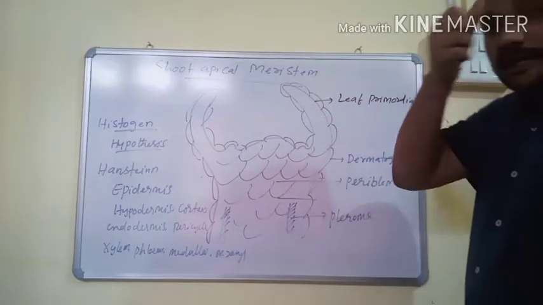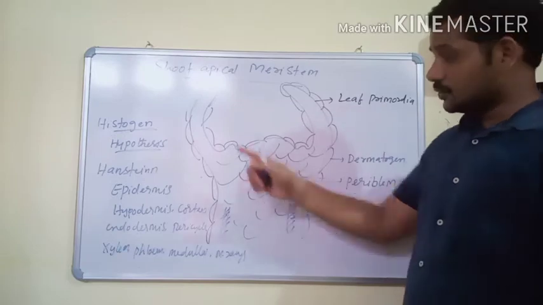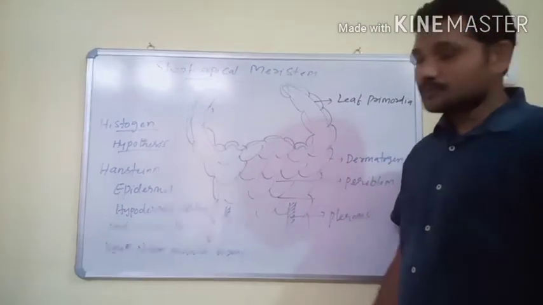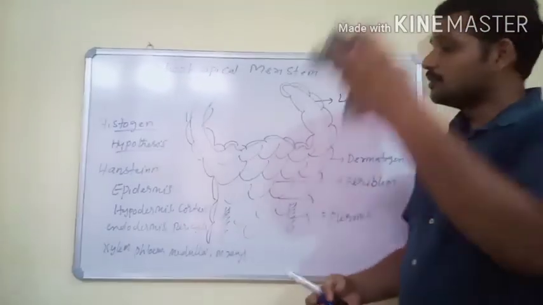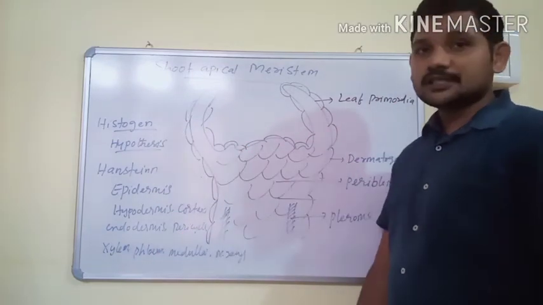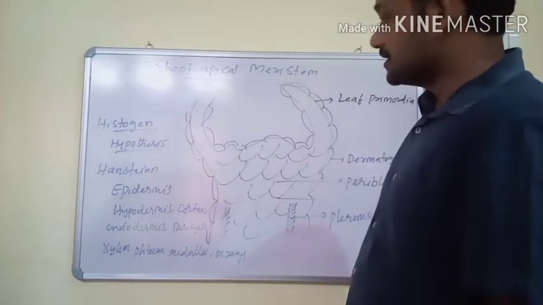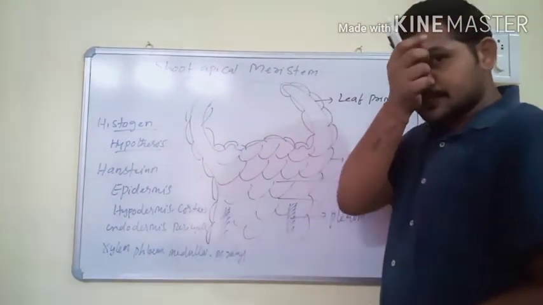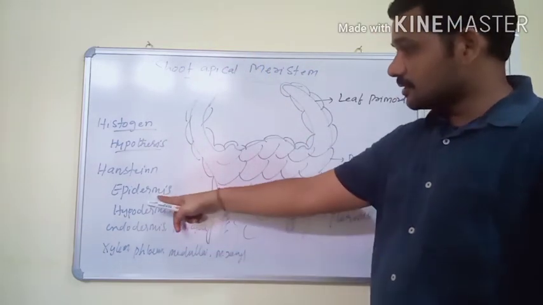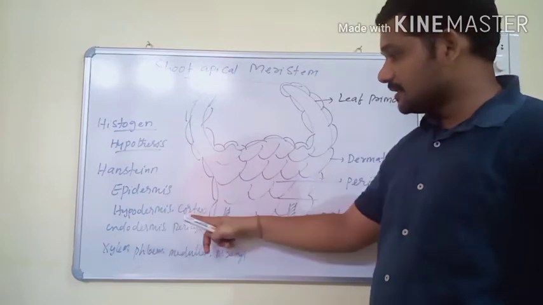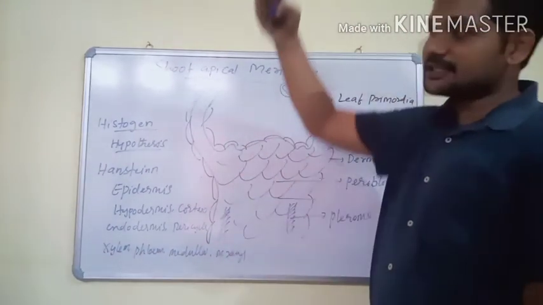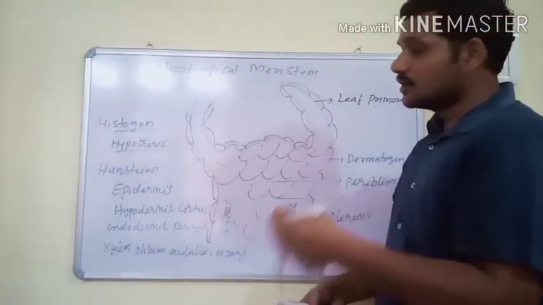So both the tunica corpus theory and the histogen hypothesis explain the same thing. But the tunica corpus theory is most accepted because it explained the plane of divisions. The histogen hypothesis also explained the same thing, but it was unable to explain the plane of divisions. If you observe the internal structure of root, stem and leaves, these tissues are arranged sequentially. The first outermost tissue is epidermis, next hypodermis, general cortex, endodermis, pericycle, xylem, phloem, medulla and medullary rays. All these tissues are sequentially arranged one by one.